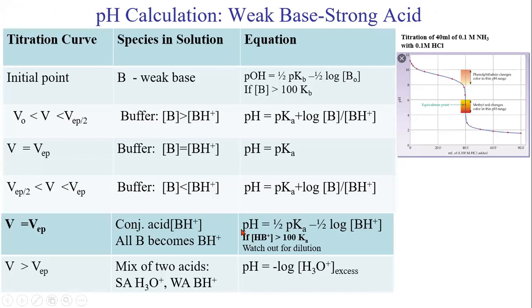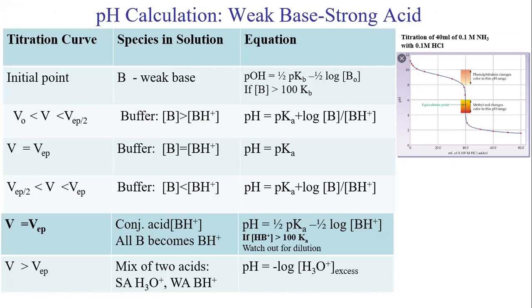Again, this is your net take-home chart where you're going to calculate the pH. How do we get the pH as I add a certain amount of HCl? So we have a weak base initially, that's my initial point. So initially I only have base in my solution. So what's the pH of a base? Well,